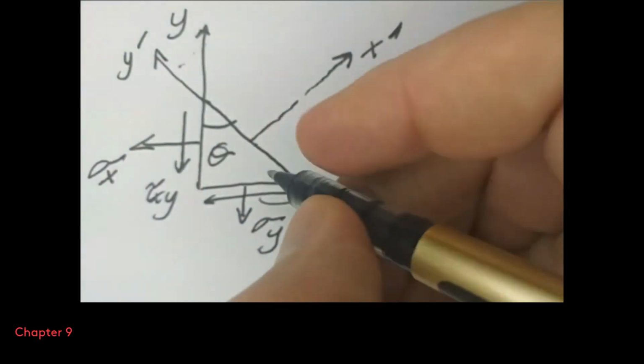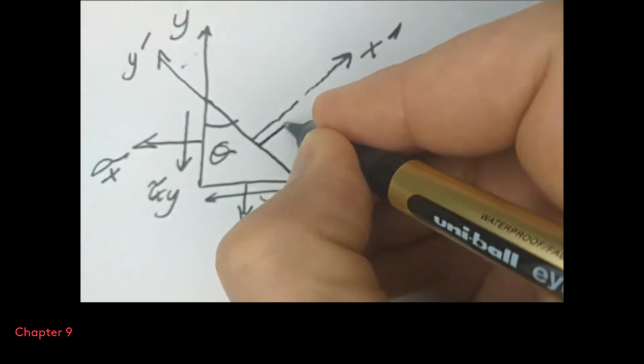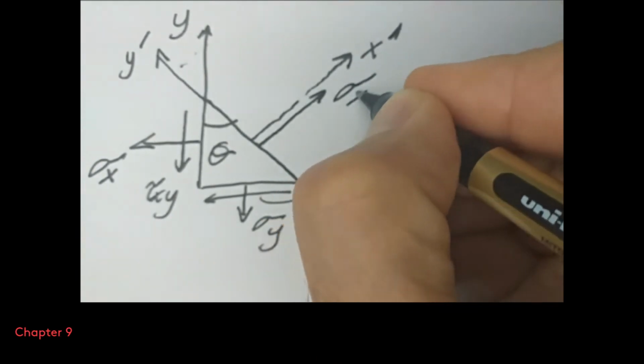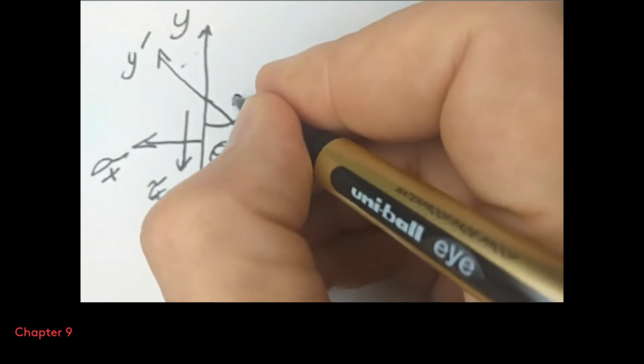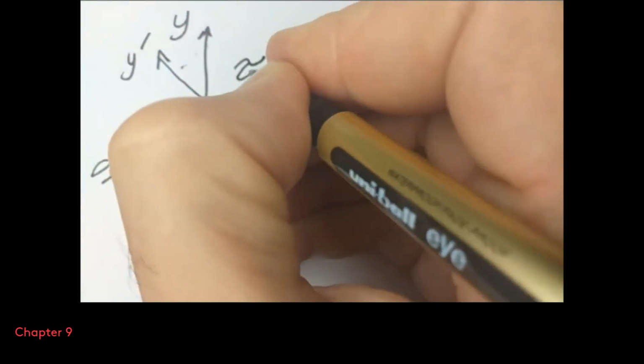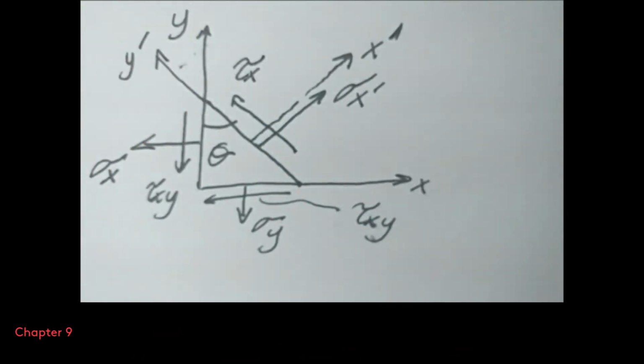Now let's draw the state of stresses on the surface. So we have sigma x prime, and we have tau x prime y prime on this surface. Now the point is